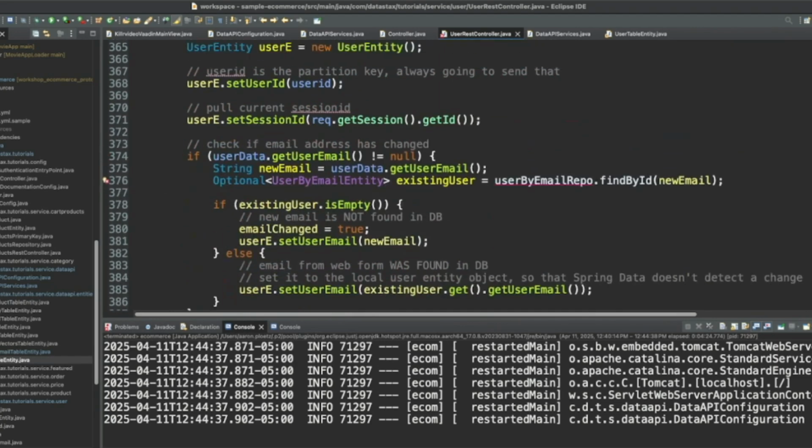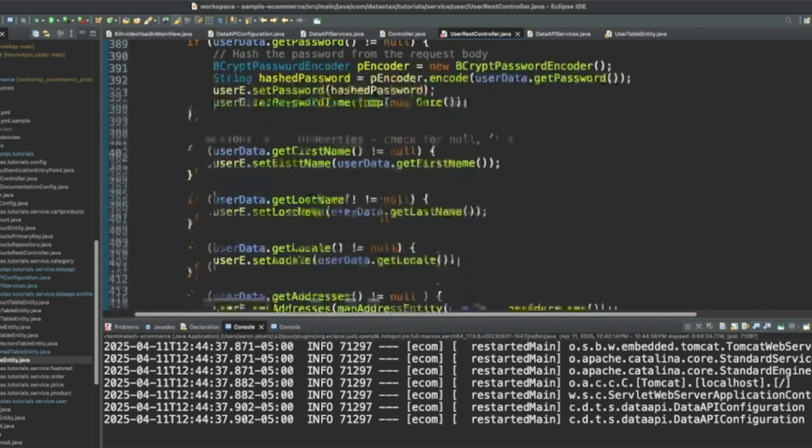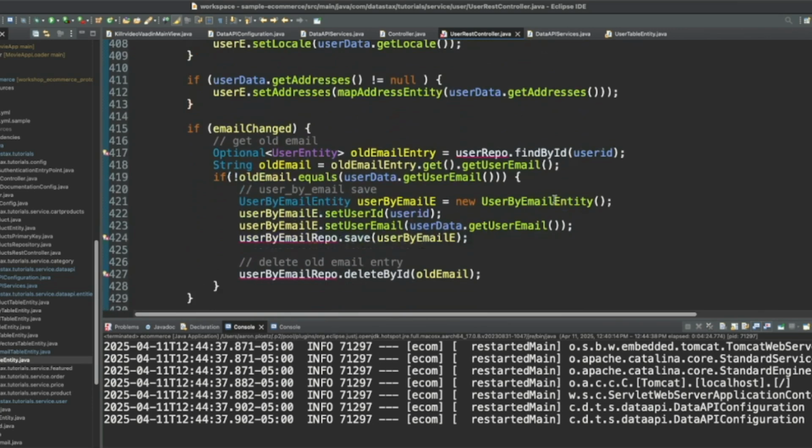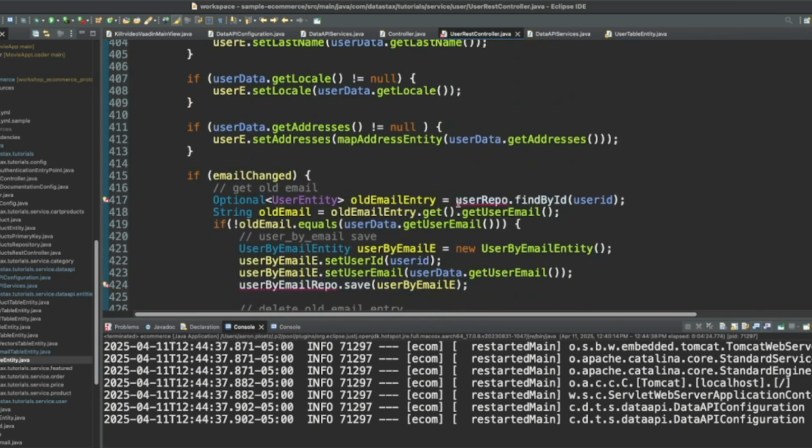Okay. User by email. Okay, so get user by email, table entity. And we can go down. Here we go, user find by ID and user table entity.